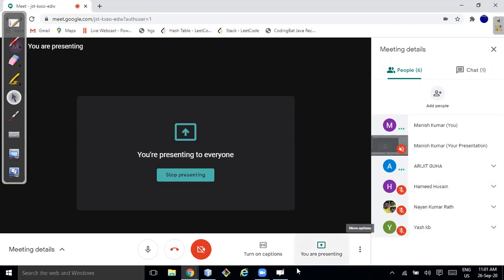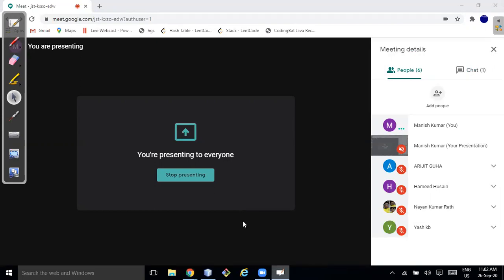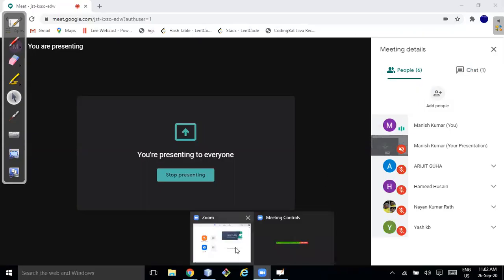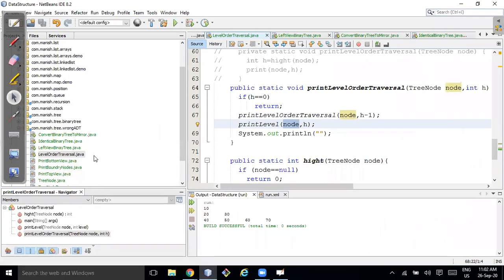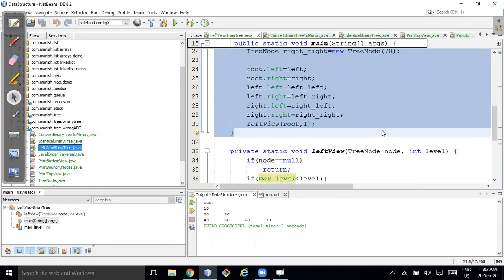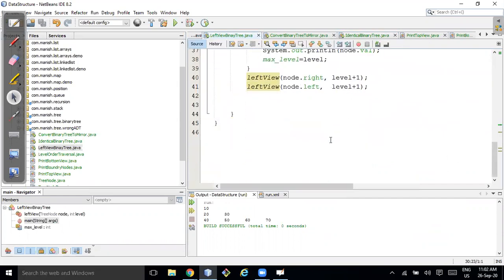Okay, so let's move to the next problem. And if you can solve this problem, I can say with confidence, you can solve any recursive problem of tree. Okay, chalo, going to the next problem. So let's make the next problem a bit simple. It will be a bit related to the print level problem. Okay, and the problem is this.